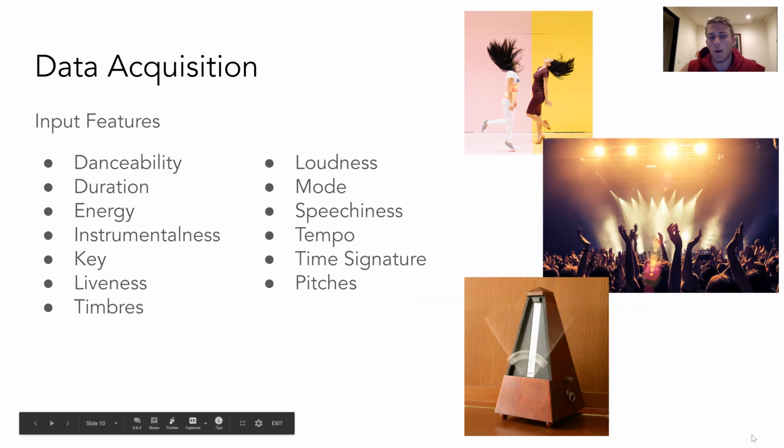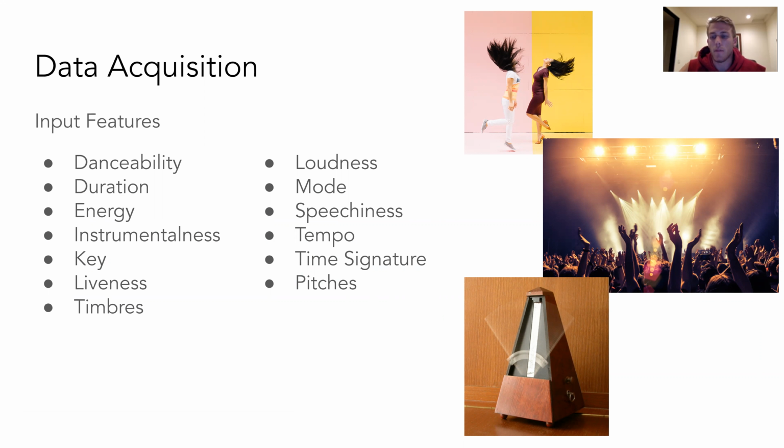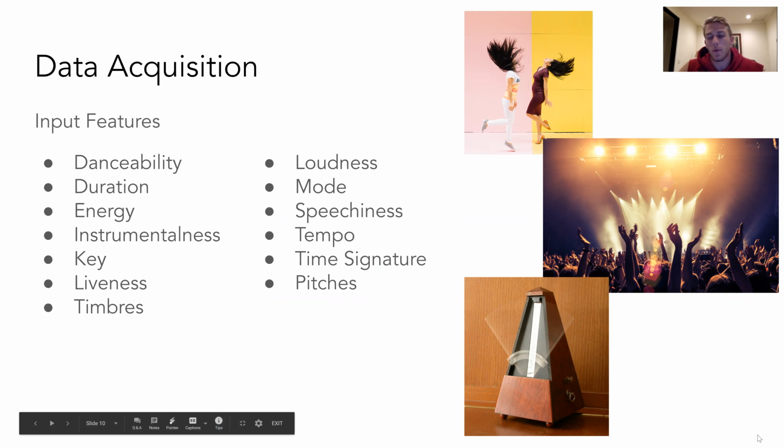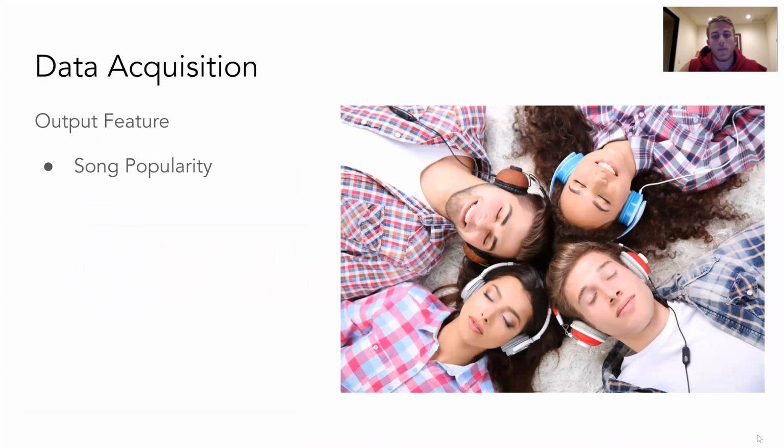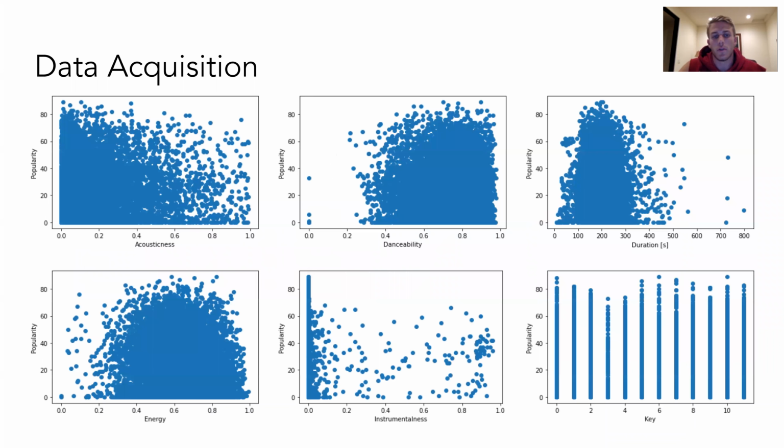and use for our model. So here's some of the input features that we acquired from the Spotify API that we used. These are all calculated through algorithms within Spotify and give us singular numbers as inputs for our model. And for our output, we use song popularity. This is again a number generated through Spotify algorithms and is on a scale from 0 to 100, 100 being